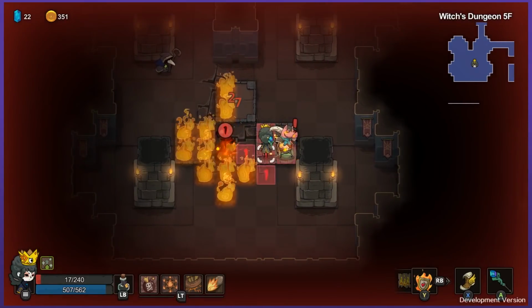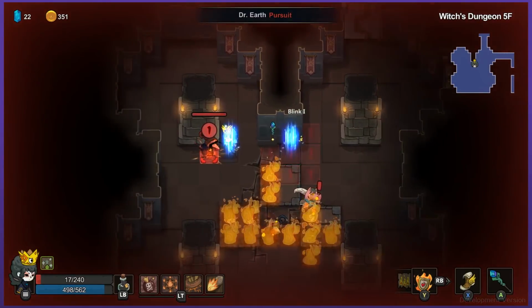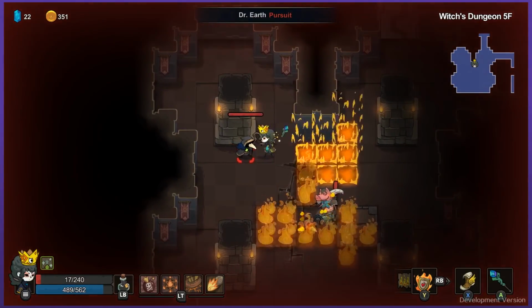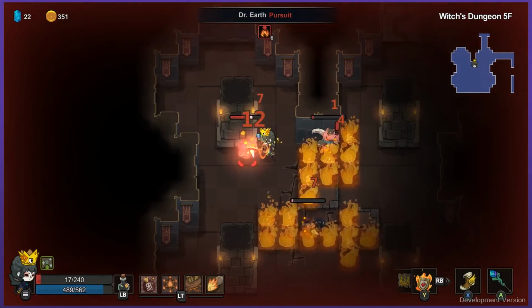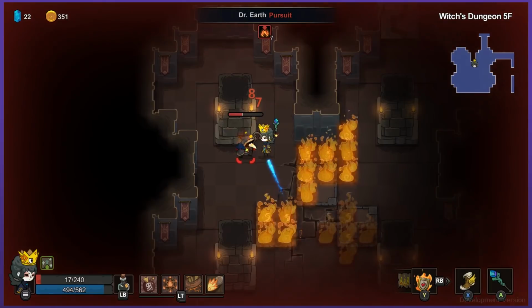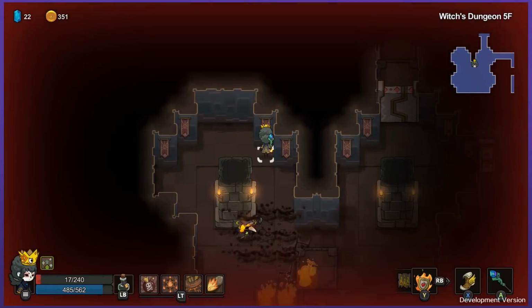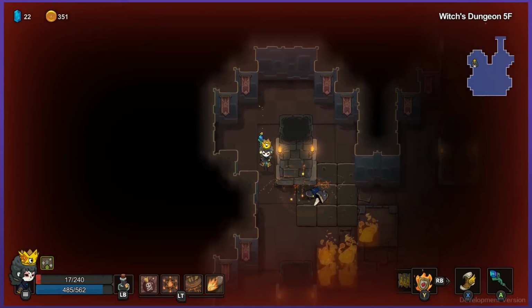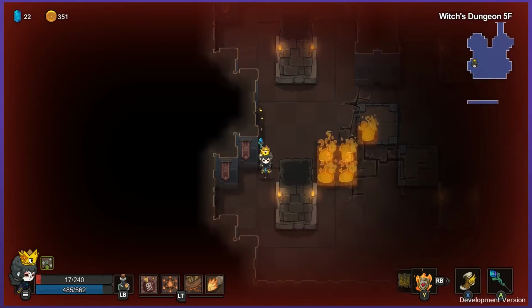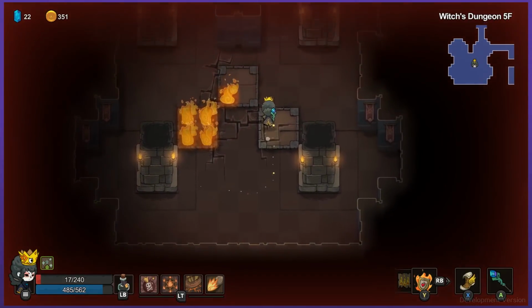Crap. I'm getting messed up here. These wizard things are hard to deal with, especially when you make some really simple mistakes. I'm hoping that... Oh, man, when you get right to their zone, it kind of wigs these guys out a little bit. He's still burning, so nice, nice. I slowly, somehow, eventually managed to take everyone out. No elixir remaining, so...